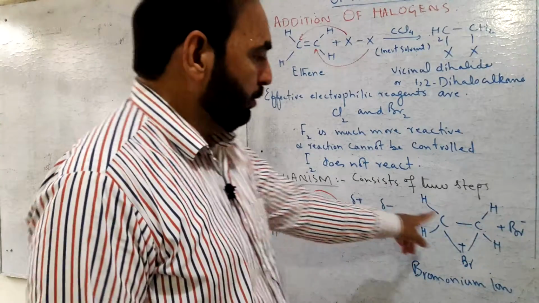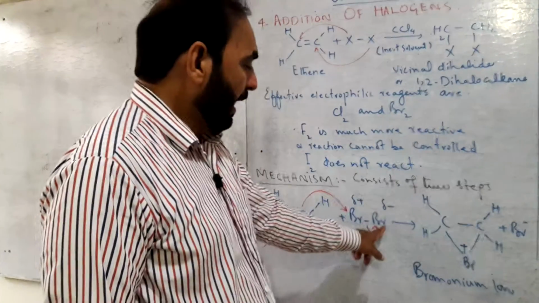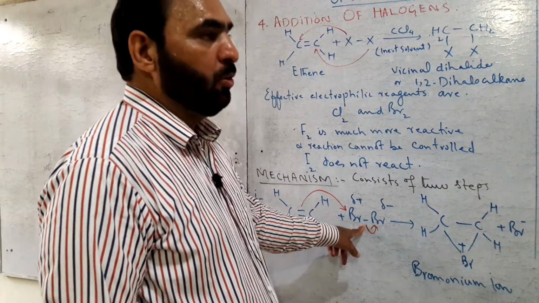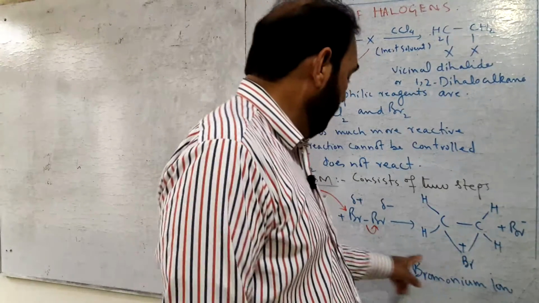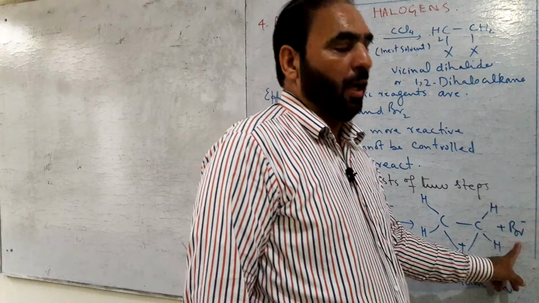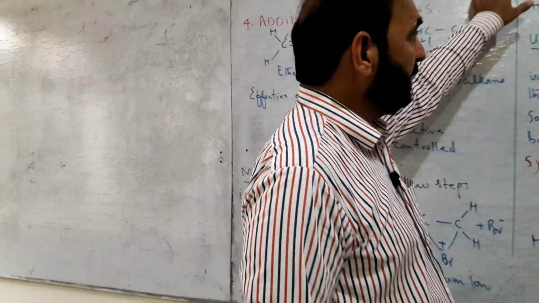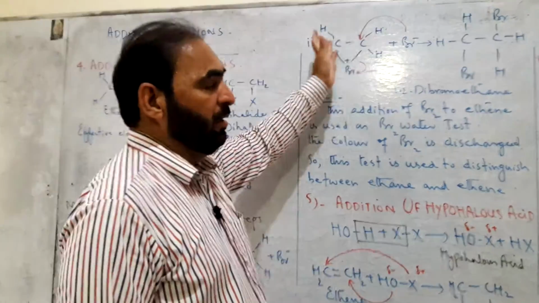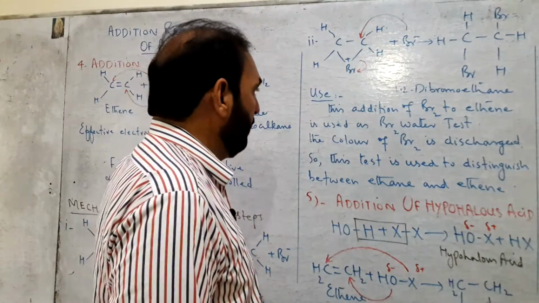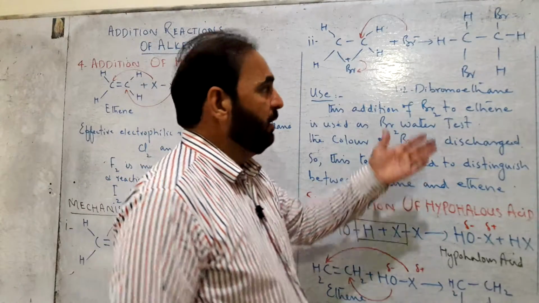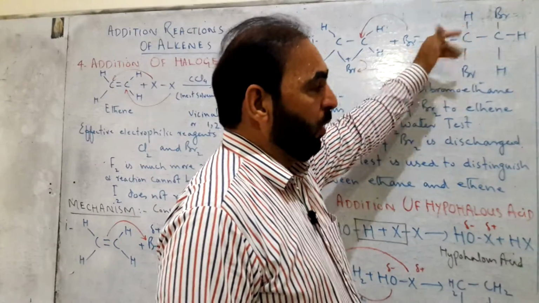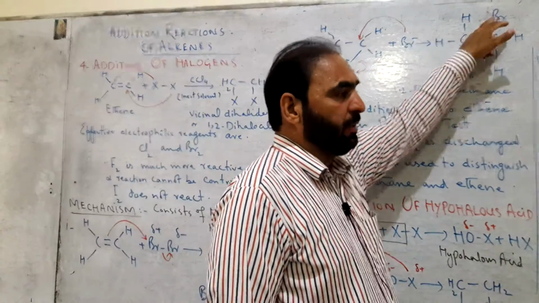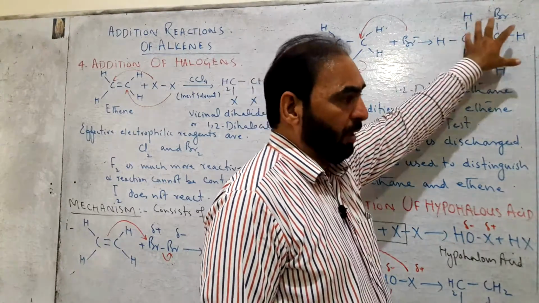Double bond is changed to single bond. The second atom of bromine takes both the electrons of the sigma bond between the two bromine atoms and is separated as a new nucleophile, bromide ion. In the second step, this bromide ion attacks any one of the carbons of the bromonium ion, and in trans fashion 1,2-dibromoethane is the product. Bromine atoms get attached on opposite sides of carbon. So this is a trans product.